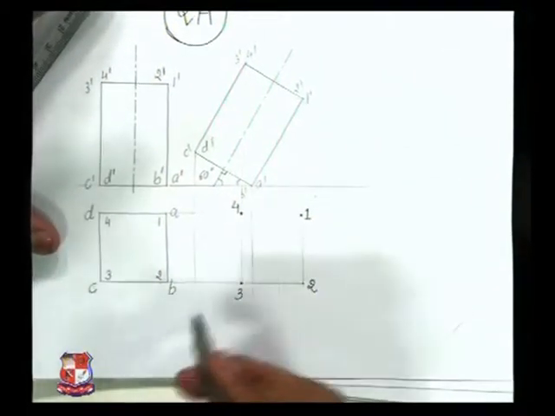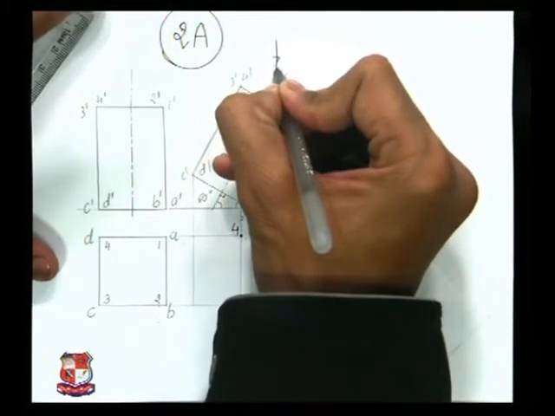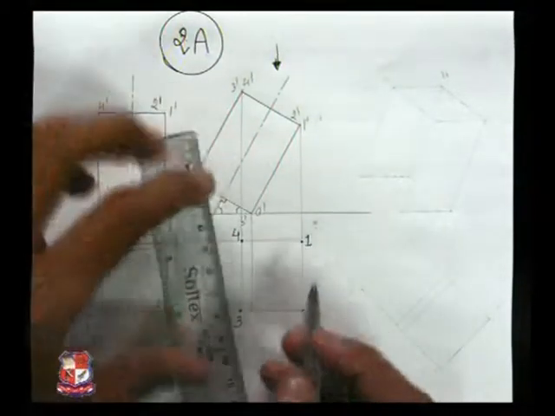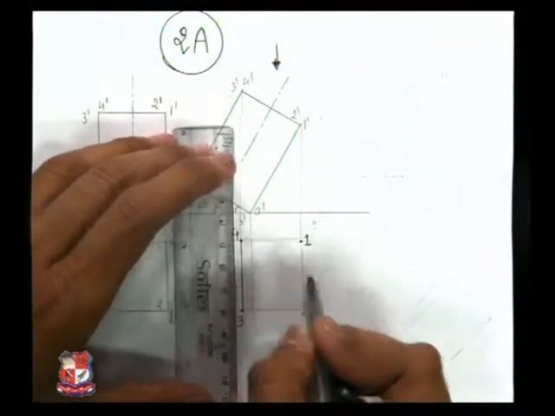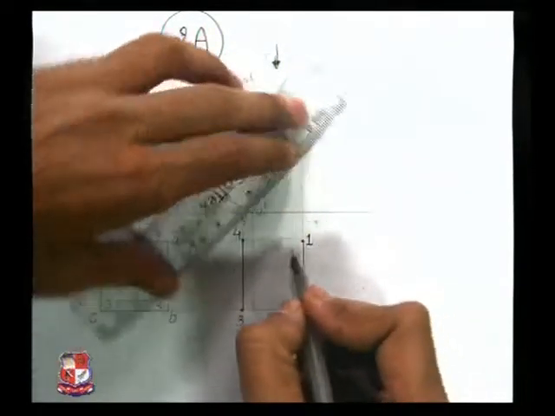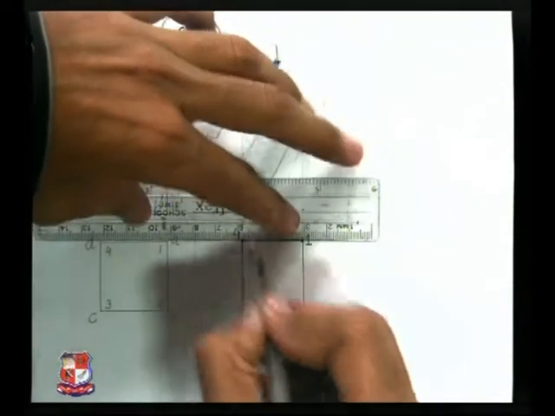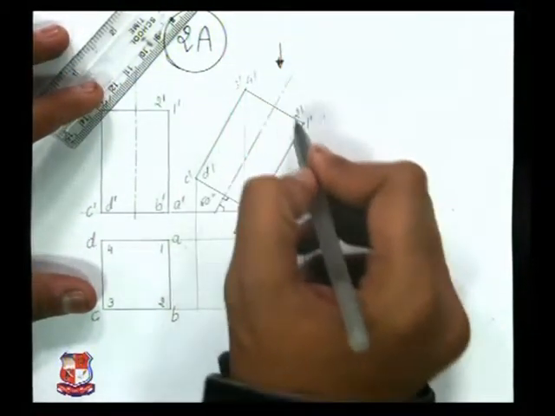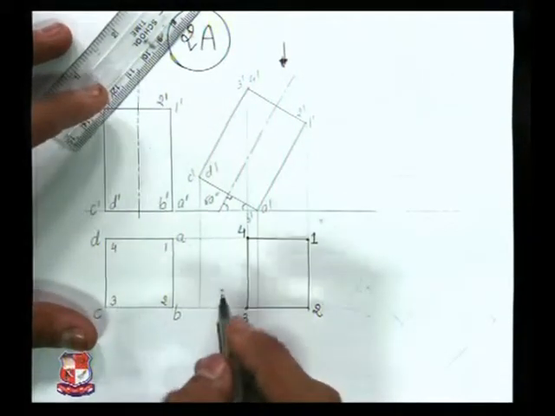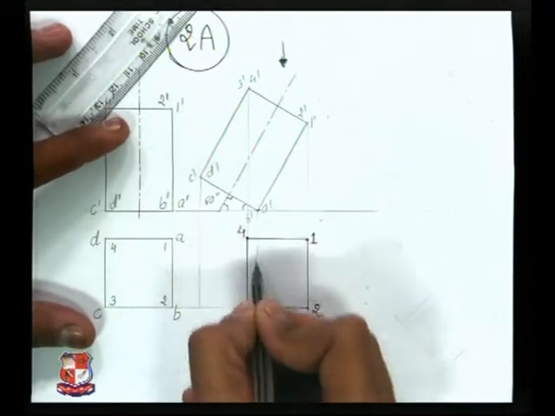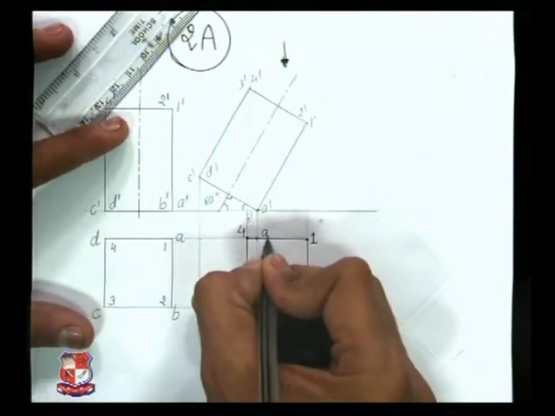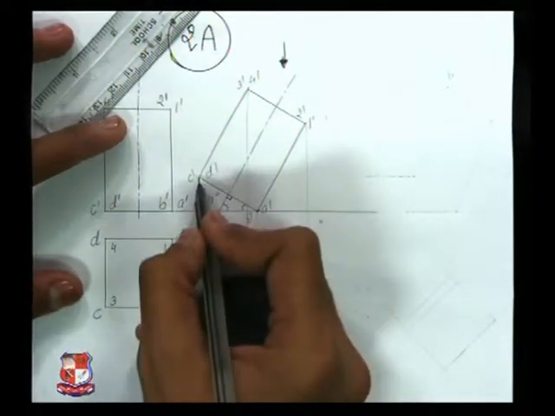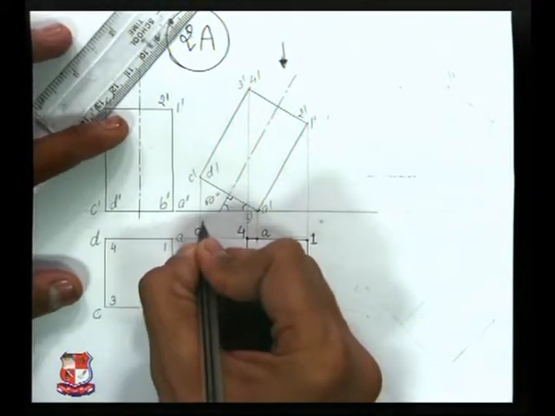1, 2, 3, 4. If you look from top side, from here, then this 1, 2, 3, 4 face would be fully visible. Hence join 1, 2, 3, 4 with the full lines, because that edge, that face is fully visible, which we represent with the full lines. So this rectangle represents the top portion of this prism. Now think about ABCD. A dash is here, so from A dash draw vertical line, from A horizontal line. So point A would be here, point B would be here, point C, horizontal line from point C, vertical from C dash, and here point D would be there.